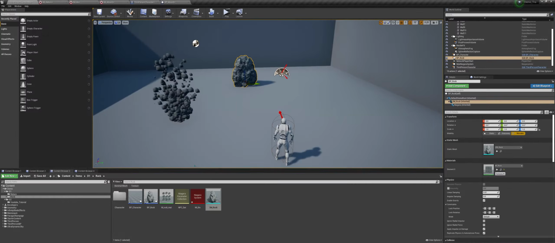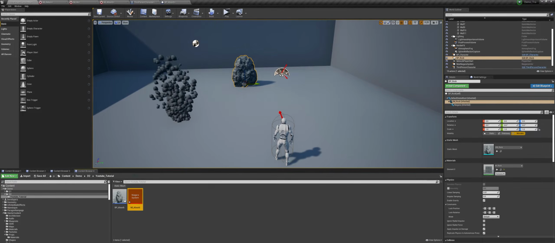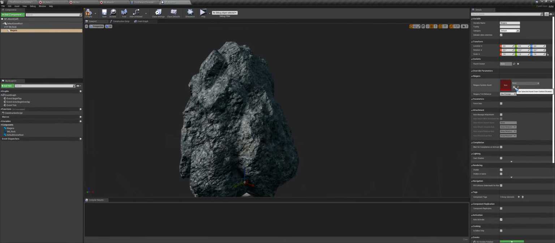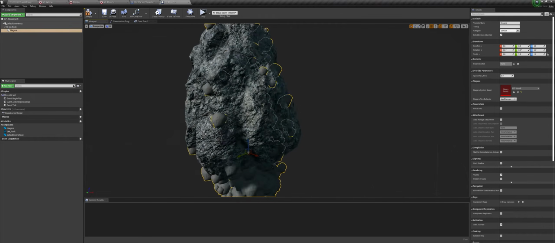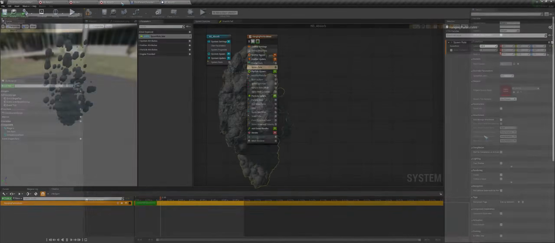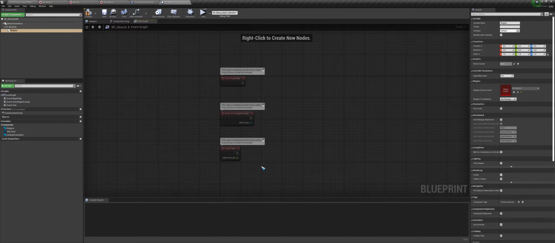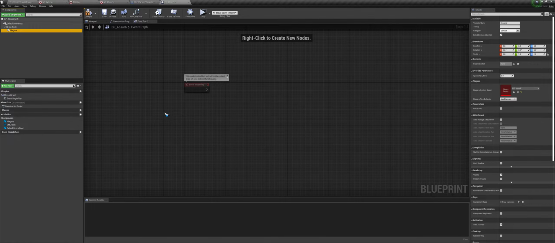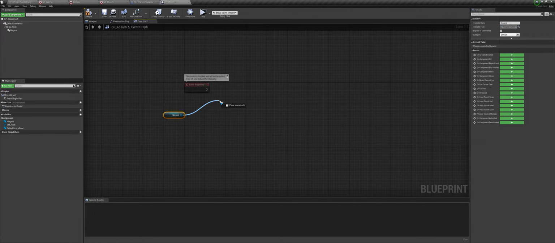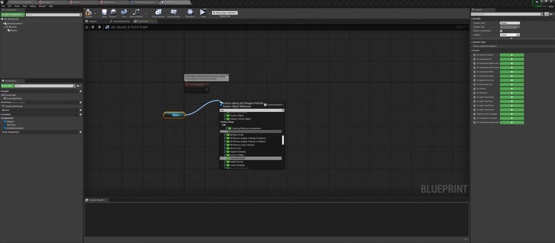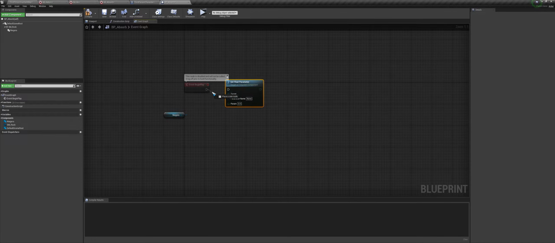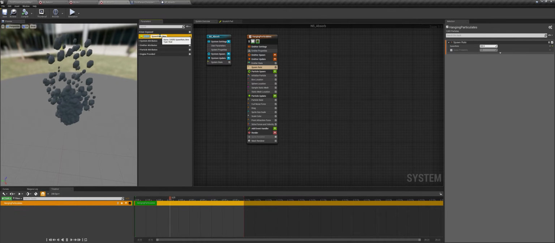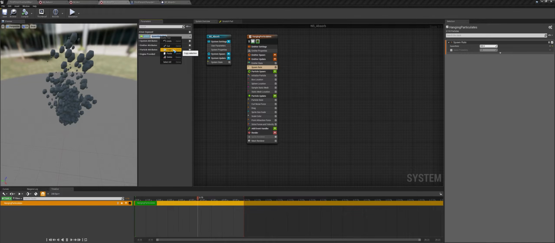And now I will just select this Niagara system and I will add that here. So you can see that it is getting absorbed into the middle. So now we can go to the event begin play and I will delete all of this and I will bring in the Niagara, and here we can just drag and type in set float parameter, and here we can name this parameter name spawn rate new.